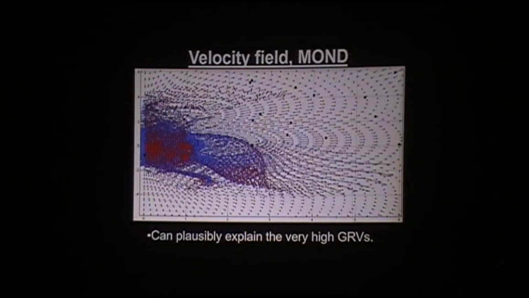In MOND though, because of a process I'll describe in a sec, you have a lot of these test particles flung outwards at high speeds. And you get this really chaotic velocity field in the local group. And some of these galaxies might actually correspond to them, right? And therefore have a really high radial velocity, being therefore much more consistent with the observations.